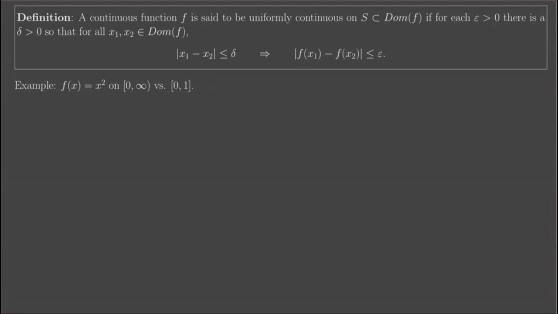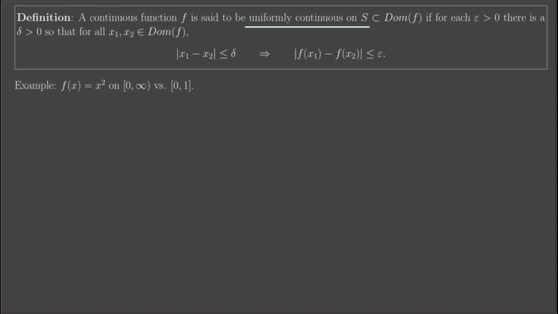Our next definition is a new type of continuity that's a little bit different from the kind of continuity that we've been talking about, which is continuity at a point. This is a stronger form of continuity. So what we say is that a continuous function f is uniformly continuous on a domain S. That's really one phrase. So it's uniformly continuous on the domain S if for every positive number epsilon there is